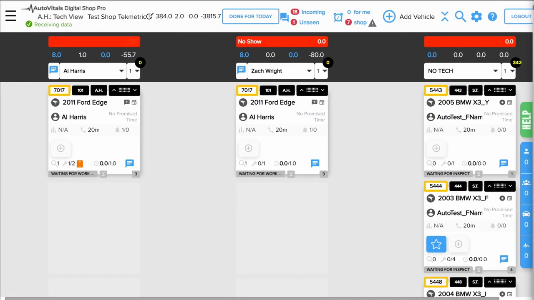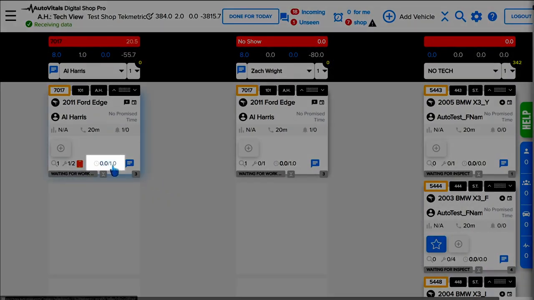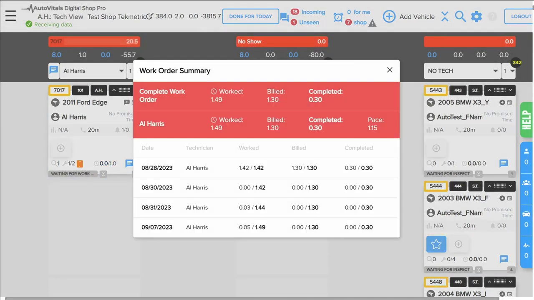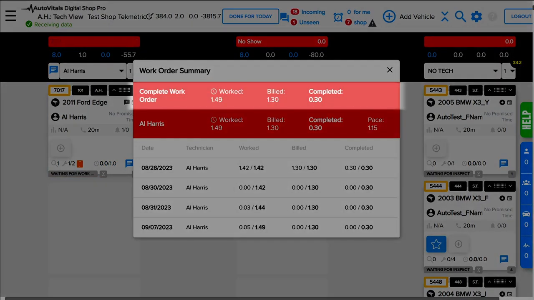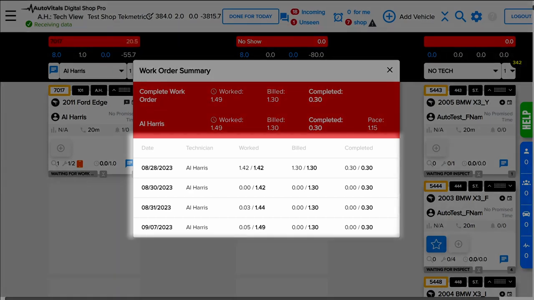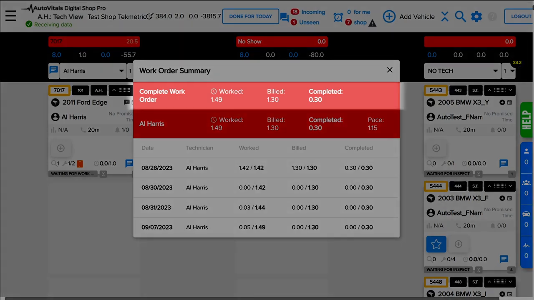Moving back to the Today's Vehicle page, the last tool we have access to from the Today's Vehicle page is the work order summary. This work order summary is specific to the repair order that you clicked on, and it will show you both the total summary for worked, billed, and completed, as well as the daily activity for worked, billed, and completed. At the top, we'll have the summary for the repair order, again for worked hours, billed hours,